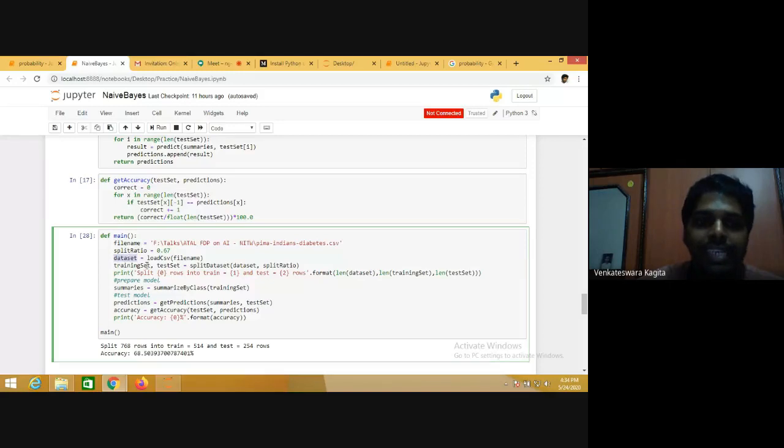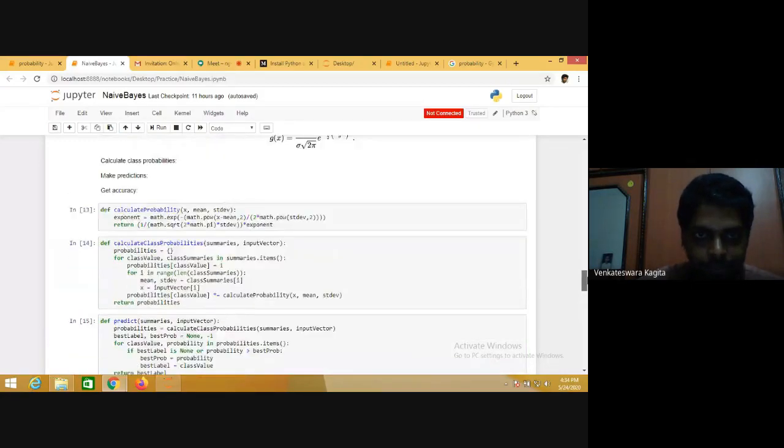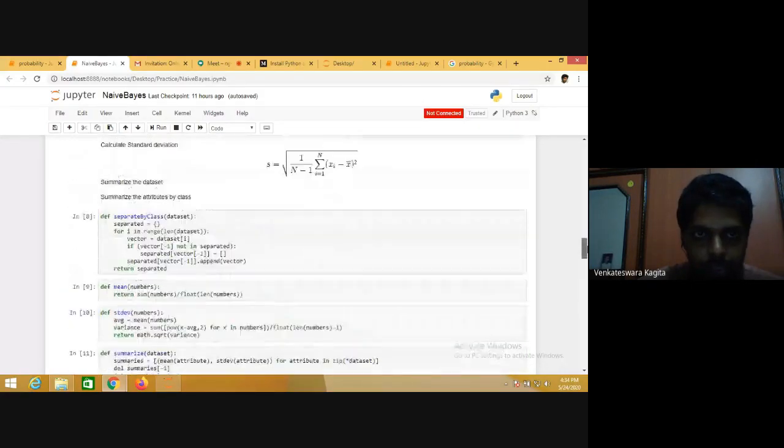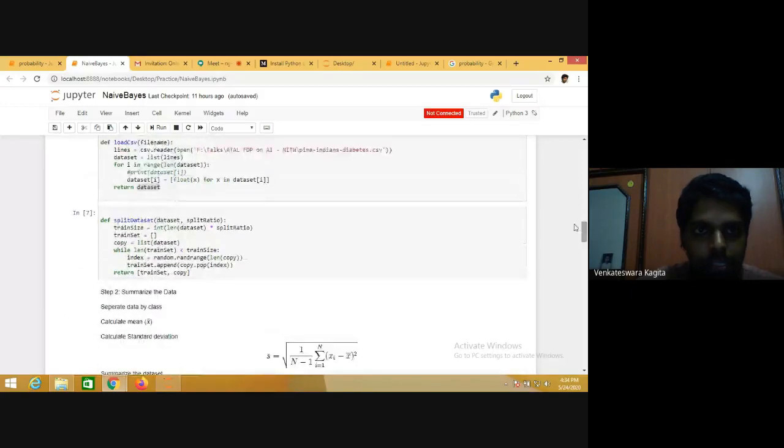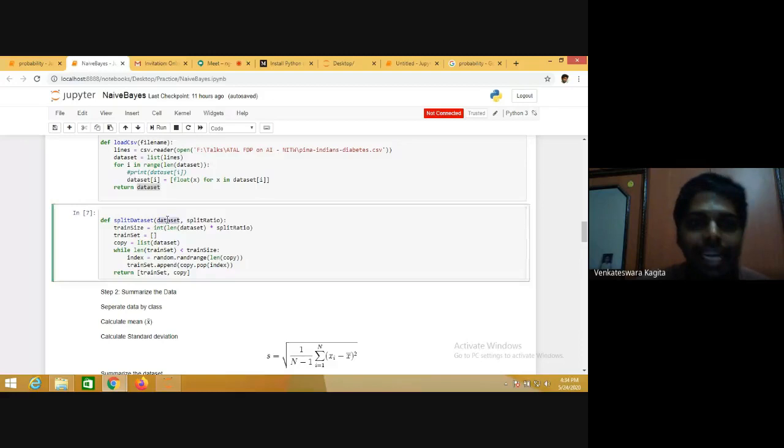All right. So this dataset, we would like to split into training and test sets. For that purpose, we are calling the split dataset method. Let's go to the split dataset method, which takes two inputs, dataset and the split ratio.